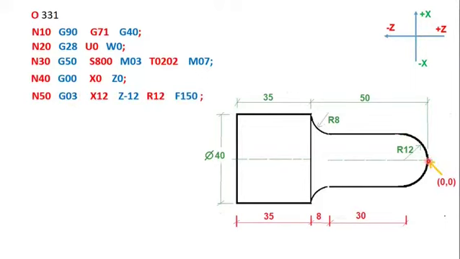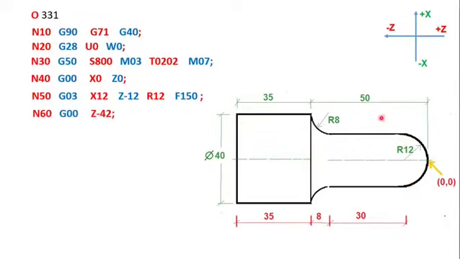Now when the tool is here, what is the end point? In the X direction, from here it is 12, on the positive side. Here Z is minus 12. So X12, Z minus 12. What is the radius? R12, and the feed rate is given. As the job will be rotating at 800 RPM, when I move the tool like this, I will get a complete curve at the right hand side.